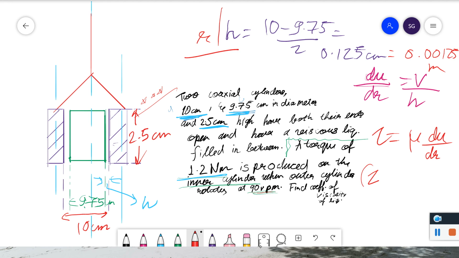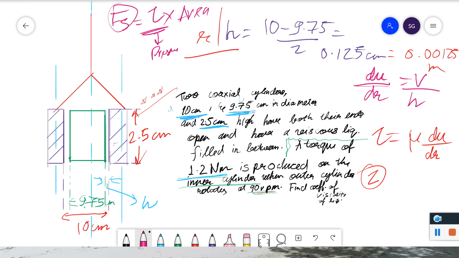The shear stress tau is equivalent to pressure. Okay. So we can find the shear force Fs, which can be written as,